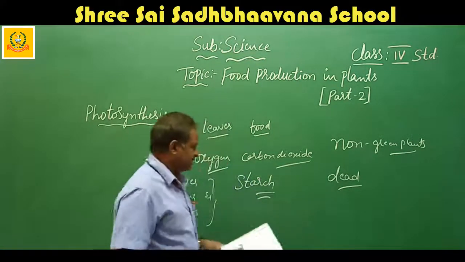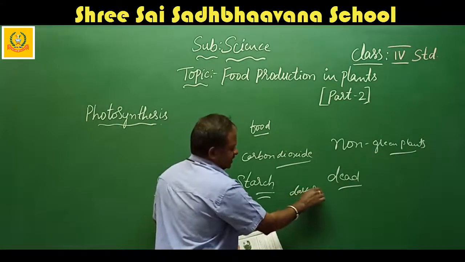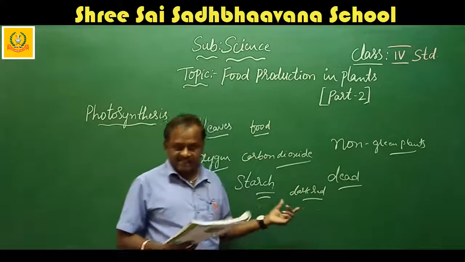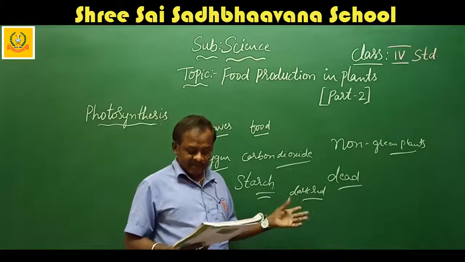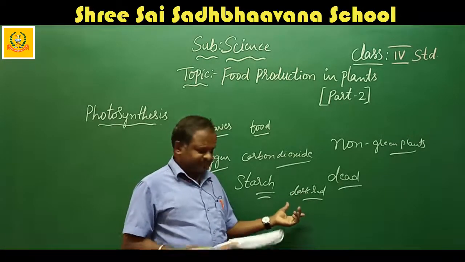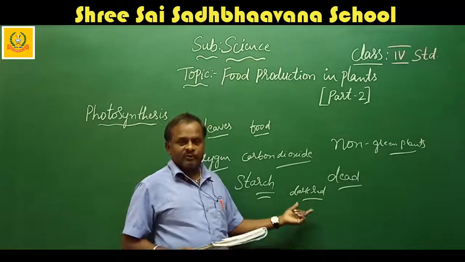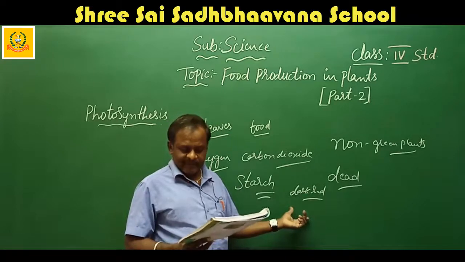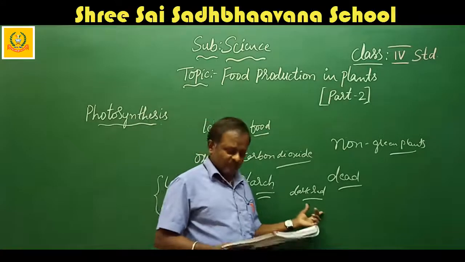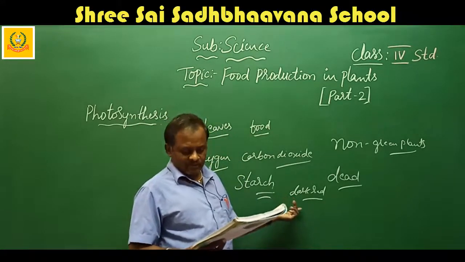Next, when you come to the decorative plants, the leaves of some plants like croton appear dark red. This is because of the presence of a red substance that hides the green chlorophyll. The chlorophyll is there, but another color pigment hides it, yet they prepare their own food using that chlorophyll. That means they don't depend on other plants.